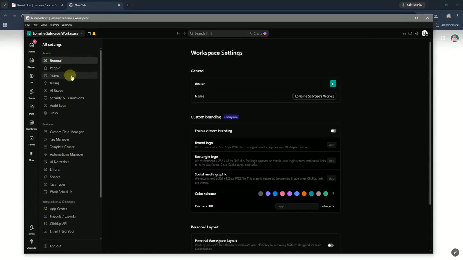Don't forget to check out the Dashboards feature, which lets you create custom dashboards to monitor your KPIs and project statuses at a glance. Remember to explore the settings to customize notifications to suit your preferences, ensuring you stay updated